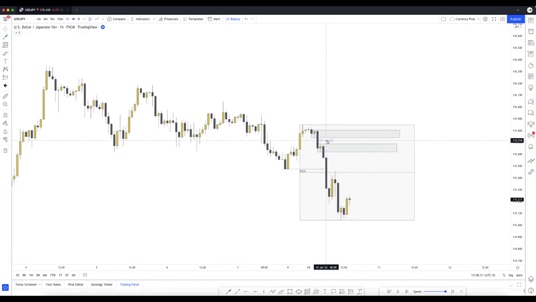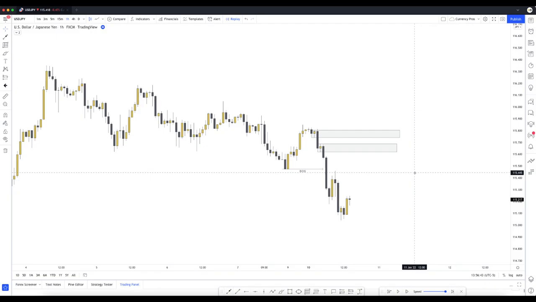So what I would do in this scenario, because there is no 100% guaranteed rule of which one is going to be triggered or which one is going to hold. I get asked that all the time and there simply is no answer to that. These both caused technically a break of structure, right? This is the absolute extreme that caused this entire move. But this one is the true last point of low momentum supply that did cause the move. So my focus would be on this. However, if I were to,